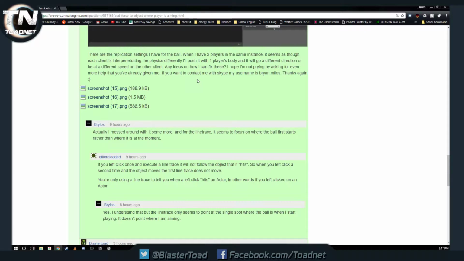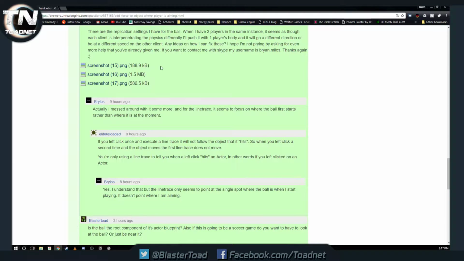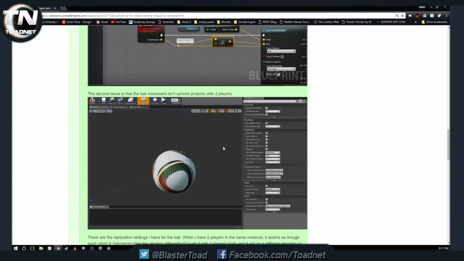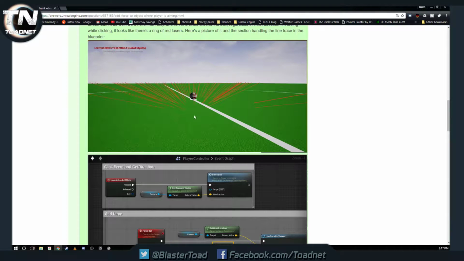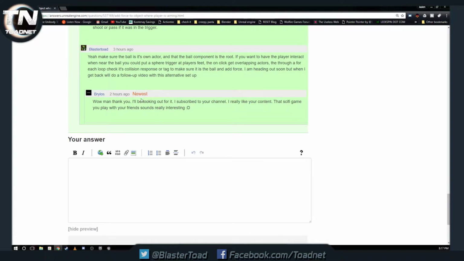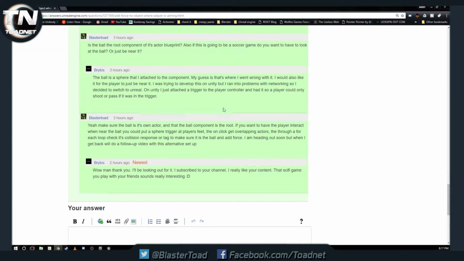Now, the other issue we were having was there was some weird desync with his multiplayer. Okay? And then the other thing is it turns out it's a soccer game. Okay, so why would you want to look at the ball and press a button to make it move? We're just going to have it move when the character is near the ball. And we're going to set up something for that. Okay, so